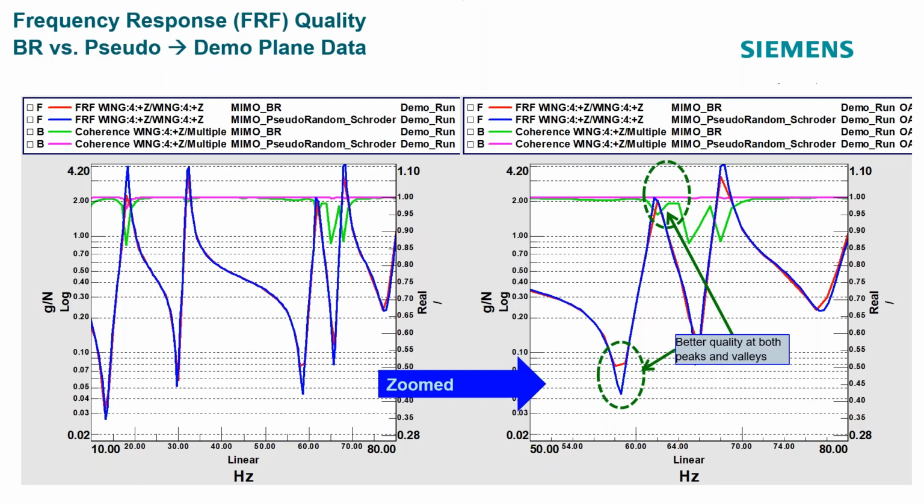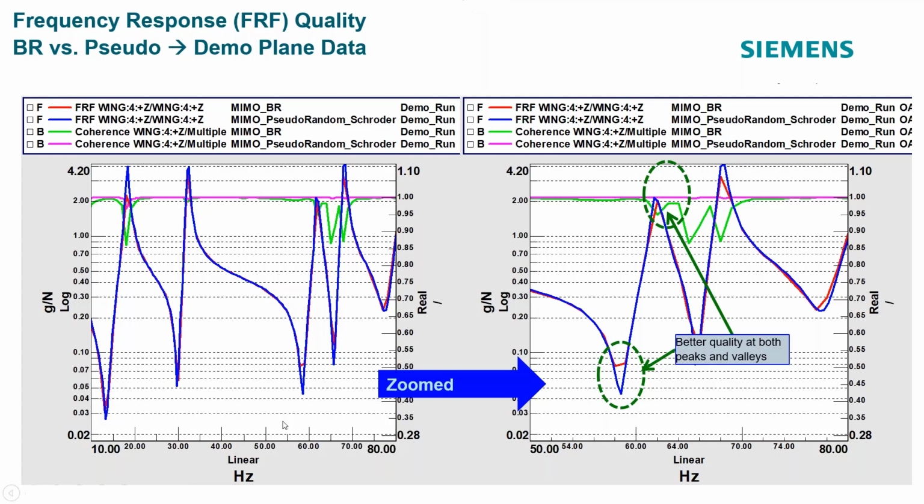In this case, it's the FRF for modal testing where we have G's over newtons, but the same applies for G's over volts for closed loop vibration control. So we want a good quality transfer function. Now in modal testing, it's the peaks that are most important. And here's an example from 10 to 80 hertz on a real structure.